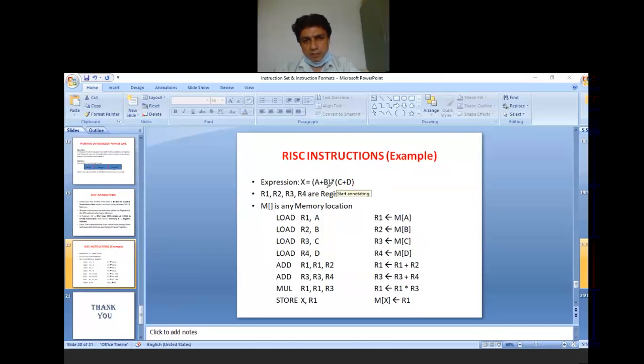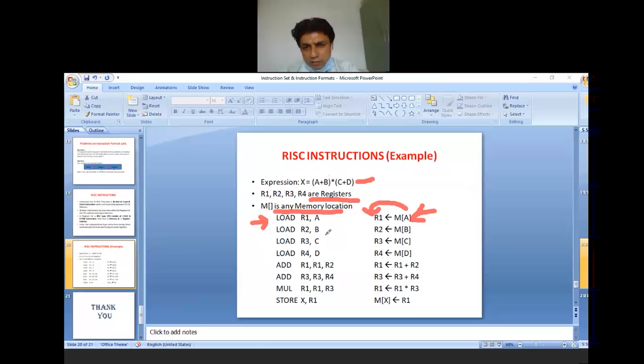We are taking the same example of evaluating the expression a plus b into c plus d. Here we have four registers from R1 to R4, and M is any memory location. First we need to load the value of operand a to register R1 by using this instruction, so the operand a in the memory has been stored to register 1.